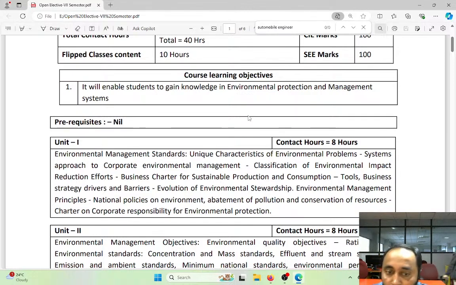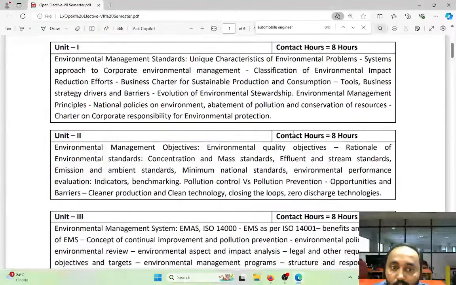Are covered in unit number 1. And in unit number 2 we are going to see what the objectives are, how the evaluation is done, how the standards are maintained, and what may be the barriers. So it basically includes the quality objectives that we are going to take, the water standards, and the effluent standards linked with water, as per Bureau of Indian Standards, then the effluent standards as per